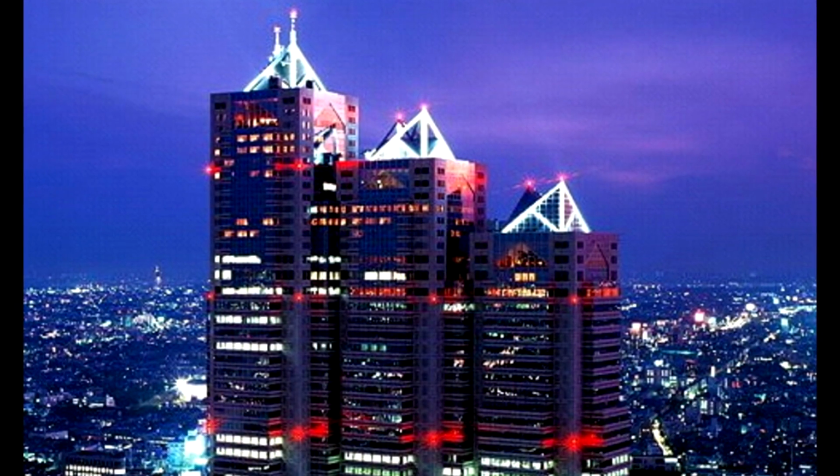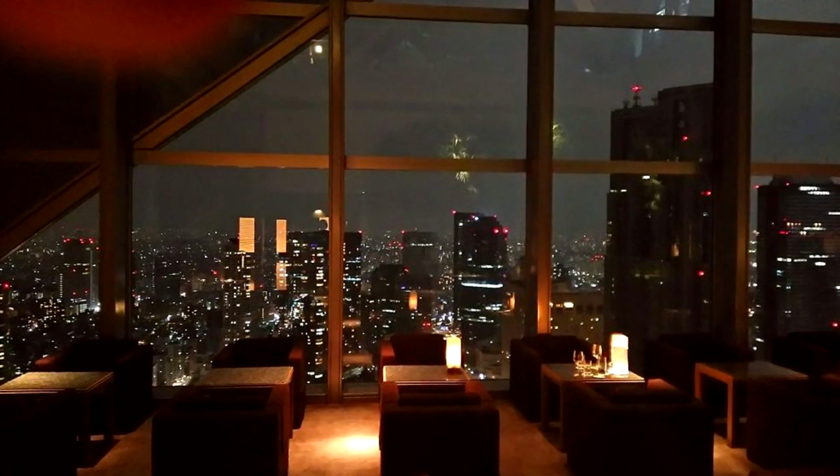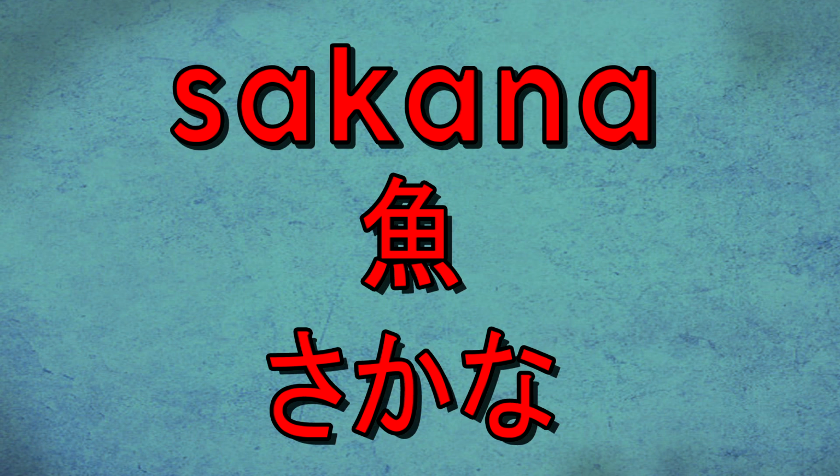The bar on the 52nd floor has fantastic views of Shinjuku and $24 martinis. Keep in mind there are plenty of other places in Tokyo with equal, if not better views and more modestly priced drink lists. As you get closer to the train station, you'll see other institutional buildings, life insurance companies,